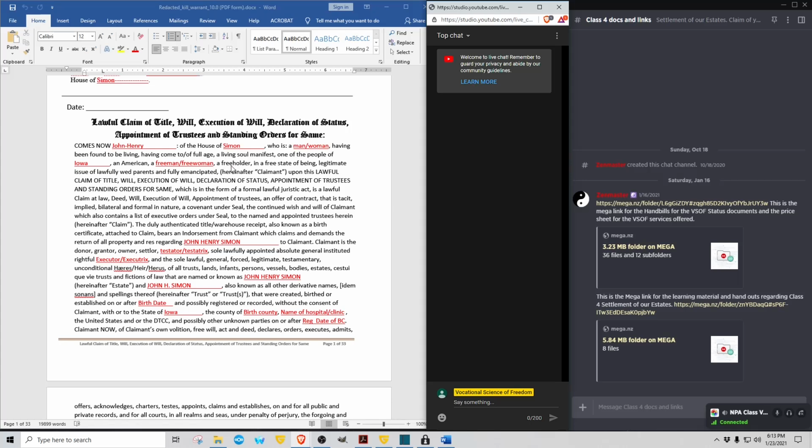An estate does also not just mean land. The substantive definition of an estate is everything that a man or woman owns in law. Okay, so just so you know that.